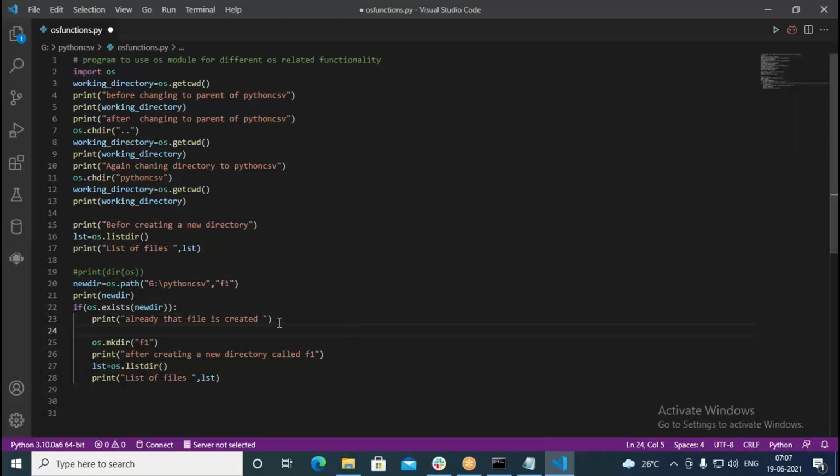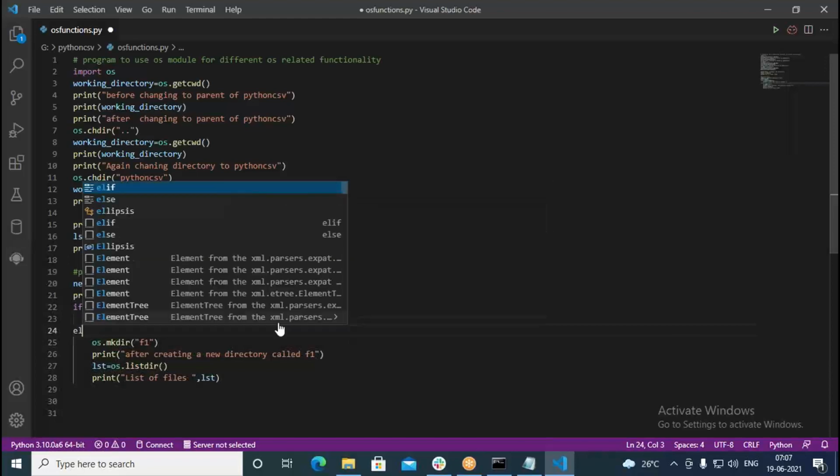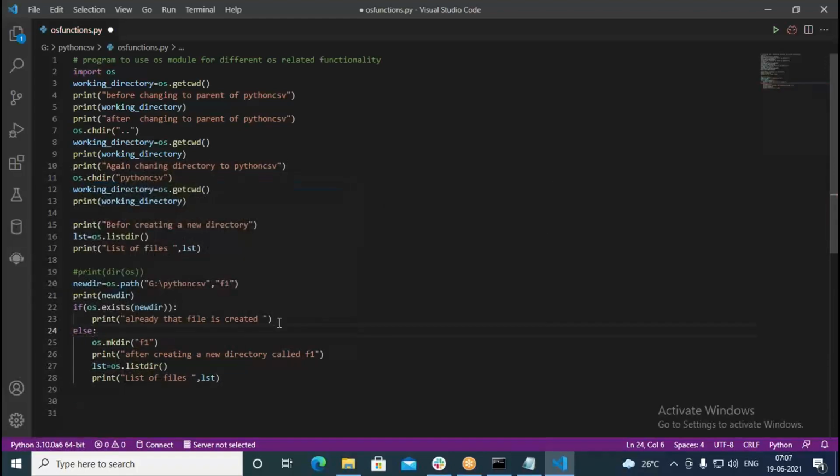So else, what should happen? It should create the folder. Already that folder is available. We should not create that, we just need to print already that file is created. But if it is not existing, in such cases it should come to this part and has to create a new folder.